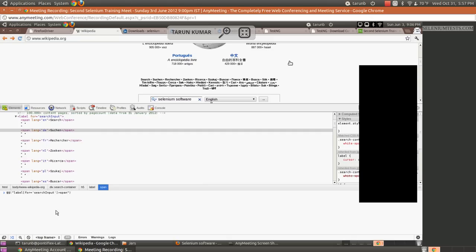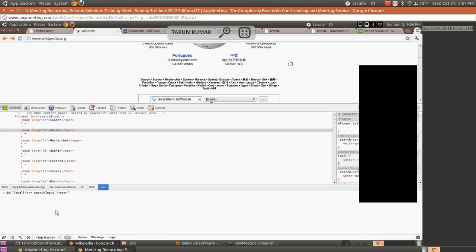I'll clear it now, and I'll show how we can return only the first span here. Okay, Omkar is asking a question. Yeah, Omkar, you could use that as well. That is right. I'm trying to demonstrate nth-child and nth-of-type here, so I picked up this example. There are multiple ways to pick the first item here, so you are right about that.